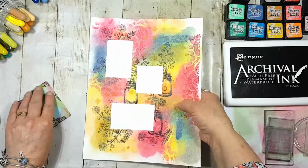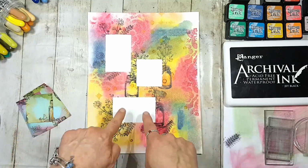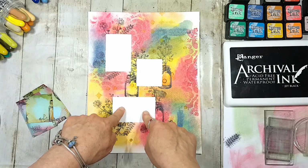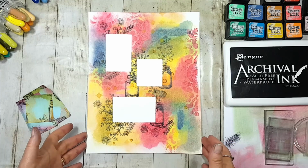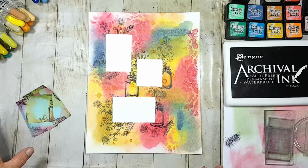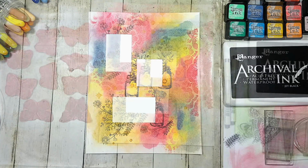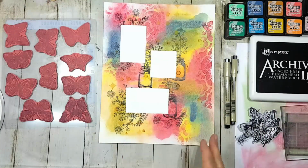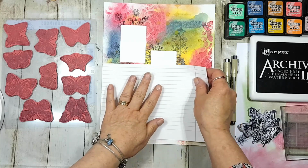So now I've got 3 portions like that, and I thought they would be perfect either to put the butterflies in or to do some journaling, absolutely anything. So I'm going to quickly grab the butterfly stamps and let's have a play and see what we could do. Okay, I've grabbed the butterflies, but first what I thought would be good we could do is I just grabbed